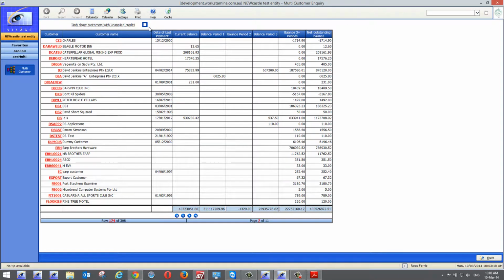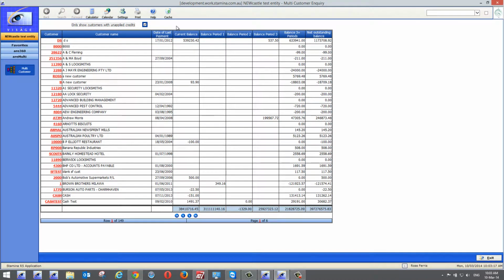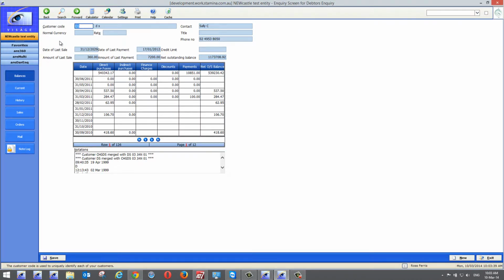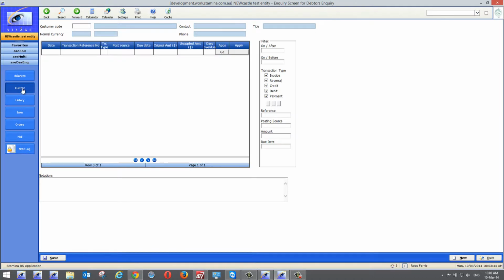But by simply checking this checkbox, this multi-debtor inquiry will now adjust and will only show us people that have got credits on their account that haven't been applied. Now, if we look at the age balance of this first guy, DS, you'll see that he's got a current balance. There are other period balances out there. If I just click on him, I know that this debtor has got credit balances out there. So I'm just going to go into his current area,